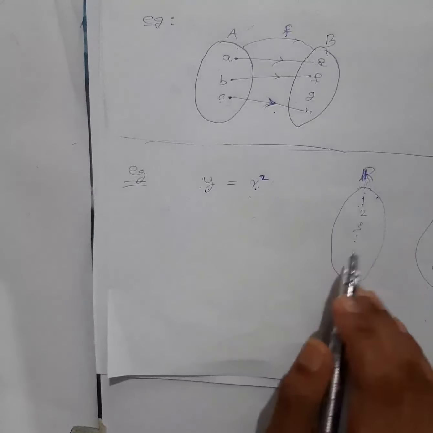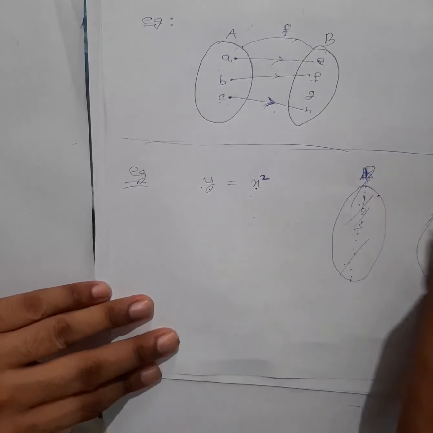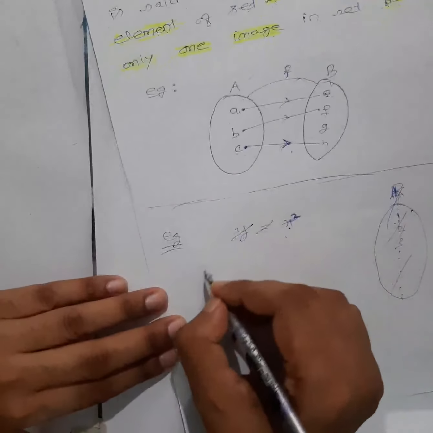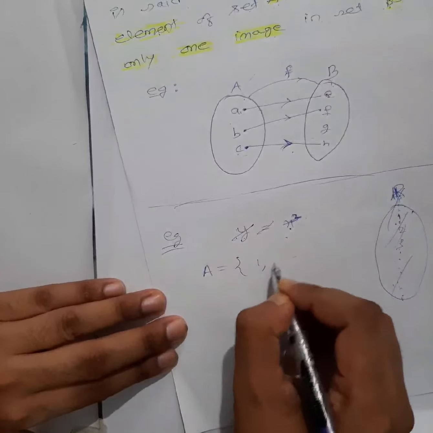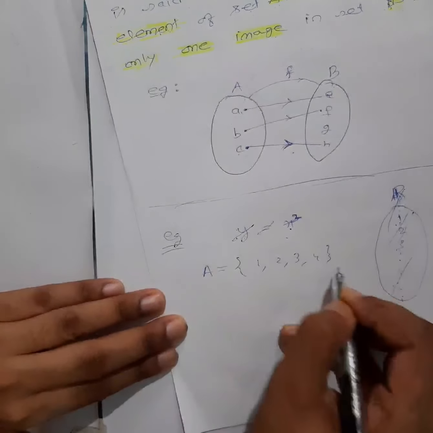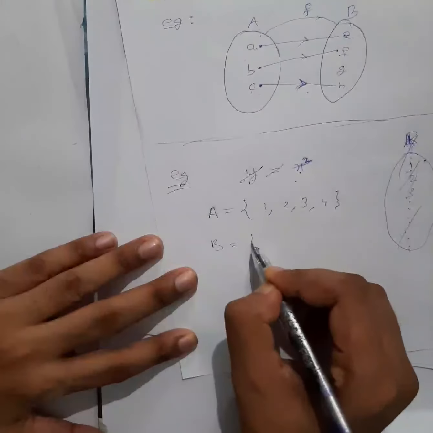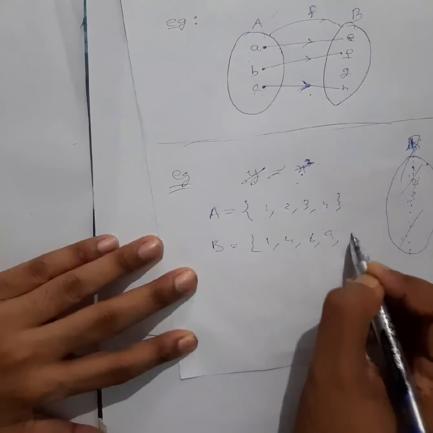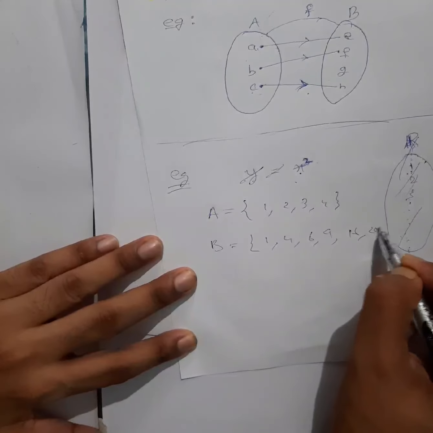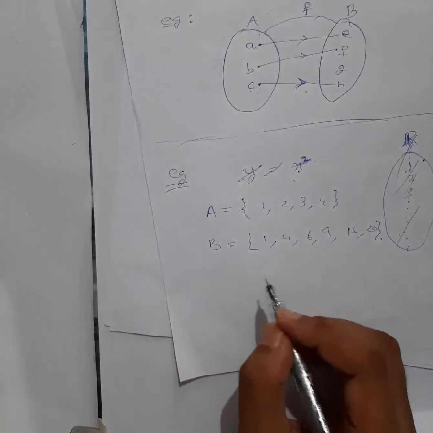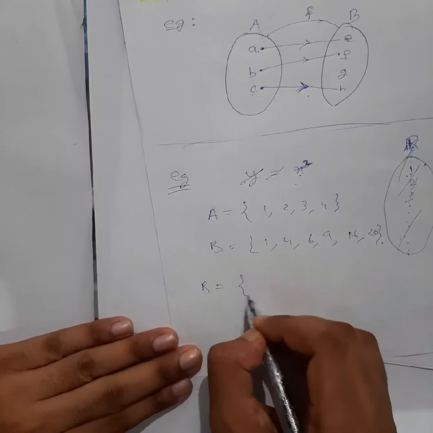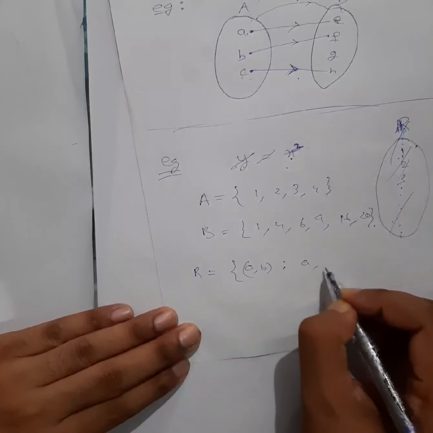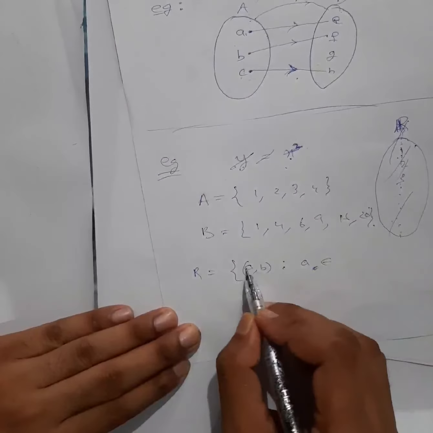Let me take a simple example first. Let me take a set here. If I take real numbers directly, you might find it complicated. Okay, let me give set A here: 1, 2, 3, 4. Then set B I will write: 1, 4, 6, 9, 16, 20. Okay, now the relation is given like this: (a, b), where a belongs to A,